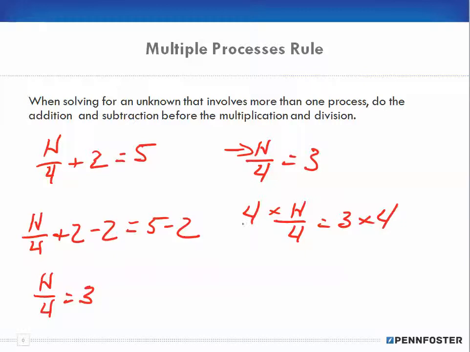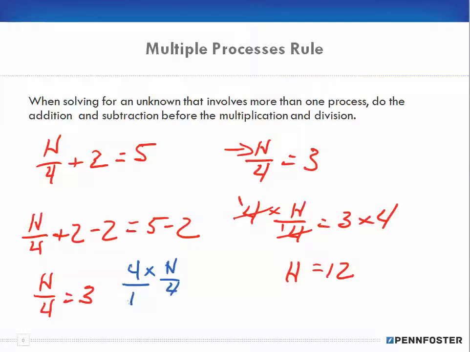Now here's the thing. The shortcut is that I can just say this cancels. Remember, this is from a previous chapter, and all I'm left with is h on the left-hand side is equal to 12. But the theory behind the 4 times h over 4 is that